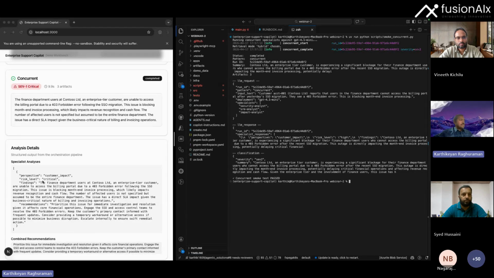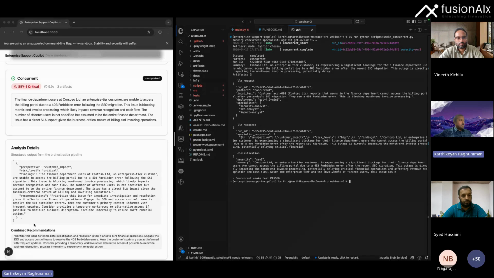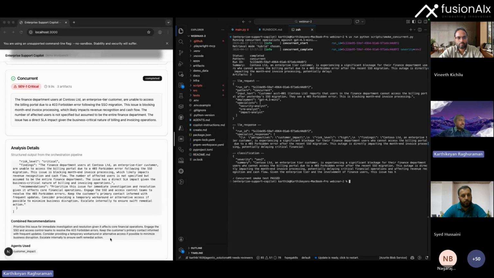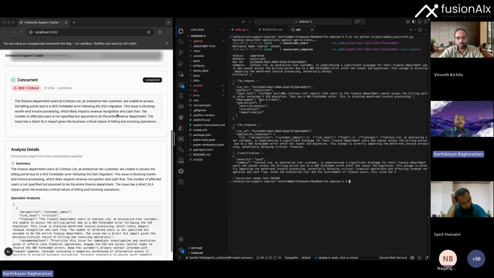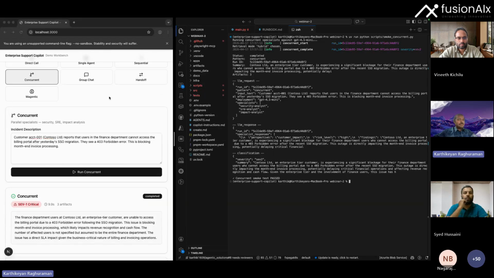So here we have the risk level being critical, then the findings and the recommendations. We get a combined recommendation here. The difference is a bit of enhancement in speed, and it works pretty well especially when agents don't need to rely on the results of a prior agent.